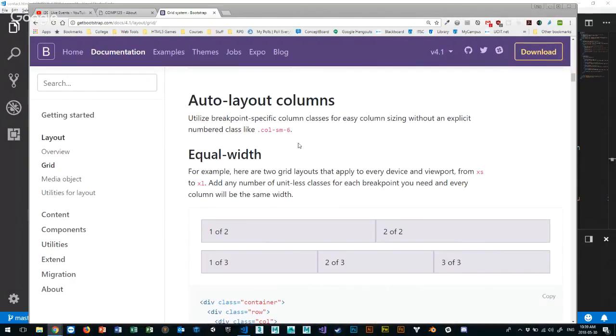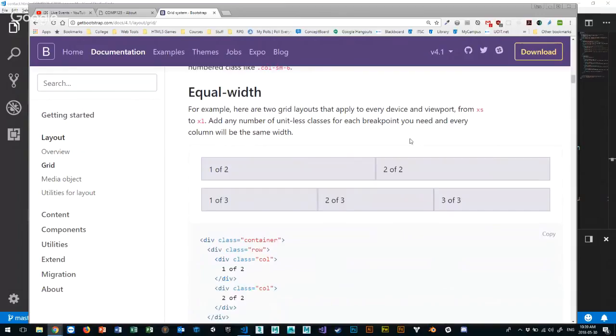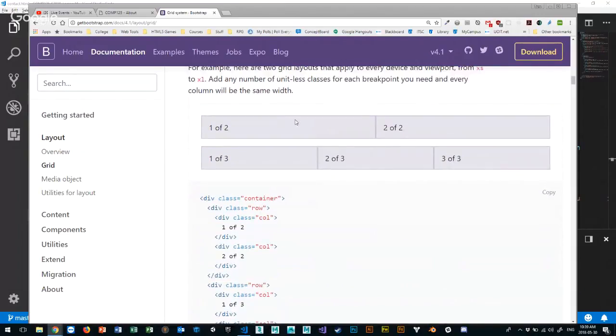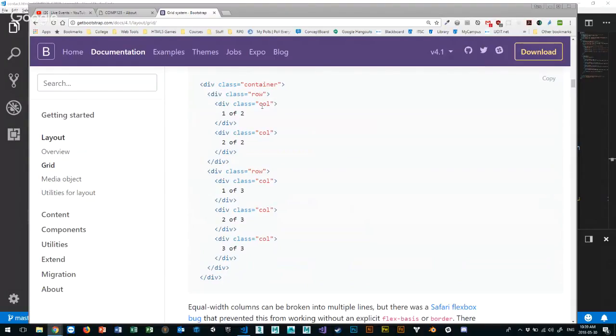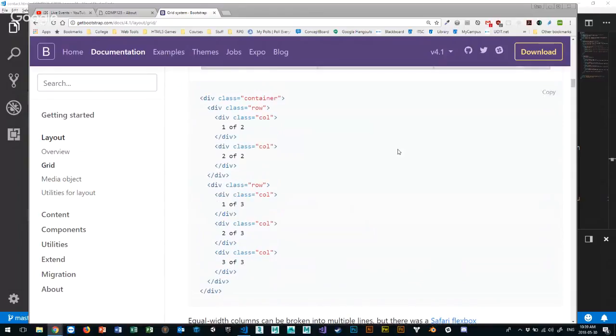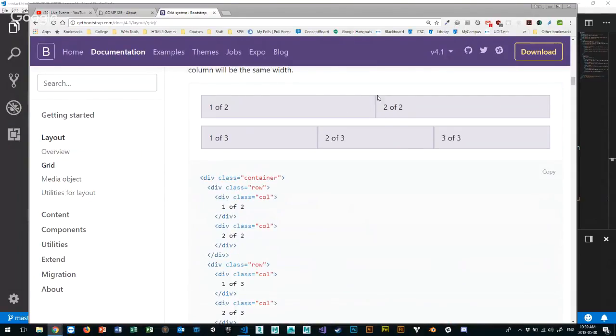And then what you have is this idea of auto layout columns. So here's an example of 2 columns. This is column number 1, and here's column number 2. Notice how they're separated in equal portions, right? Here, the class is just column. I don't have to specify how much. It's divided equally between one column and another. So if I have 2